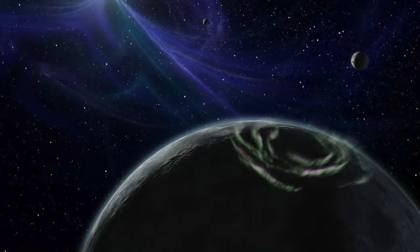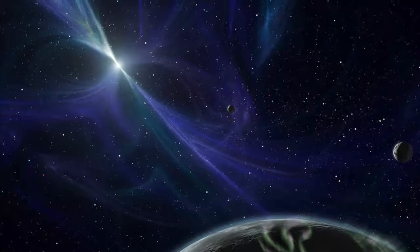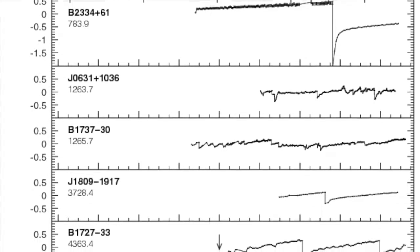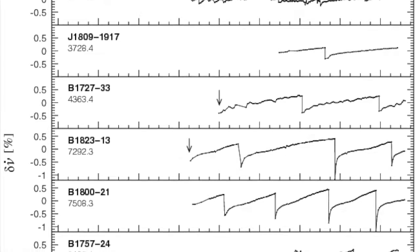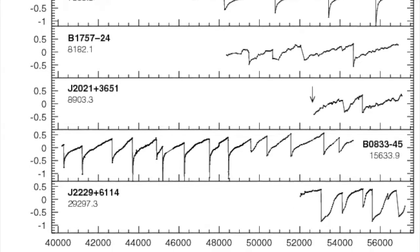Known pulsars have rates ranging from a few milliseconds to several seconds, depending on the speed of the star's rotation. Slight, regular variations in the timing of the pulses indicate that the pulsar is moving back and forth, orbiting the center of mass of a system with one or more planets. Astronomers can deduce the orbit as well as the mass of these planets by precisely measuring irregularities in the timing of the pulsars. The method is so sensitive that it can detect planets as small as 1/10 the mass of